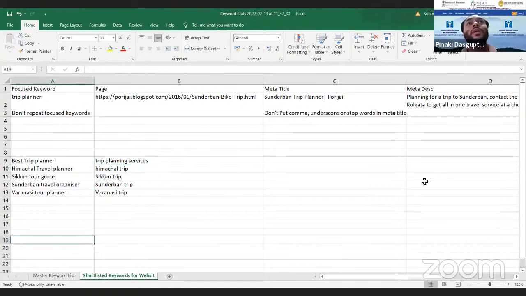I will recommend everyone, because I also use this kind of technique while doing SEO. We create a master SEO sheet in Google Sheet actually. Why do we use Google Sheet? Because in Excel it is very difficult.